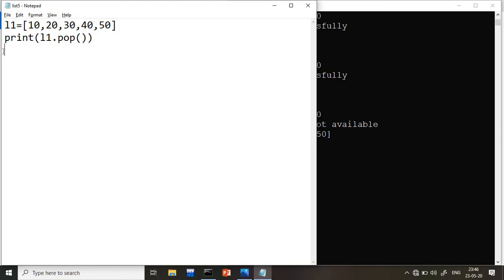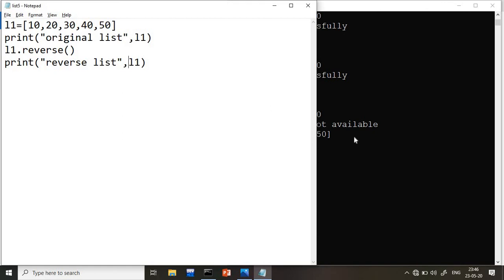Now the next thing is what? Ordering. Sir, ordering the elements. What is the meaning of ordering? Suppose I want to print the given list in the reverse order. Right now I am printing the original L1 value. After printing this, I want to do L1 dot reverse, and then again I want to print L1. So this is the original list, because I am not applying any function here, and here I will write reverse list.